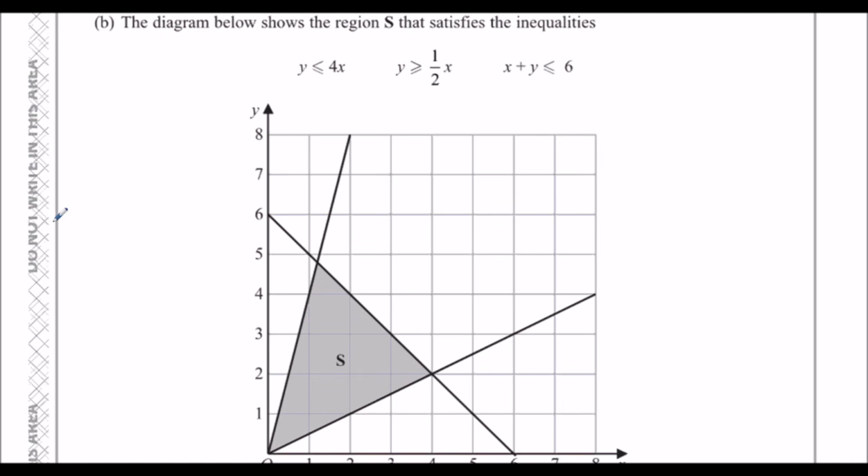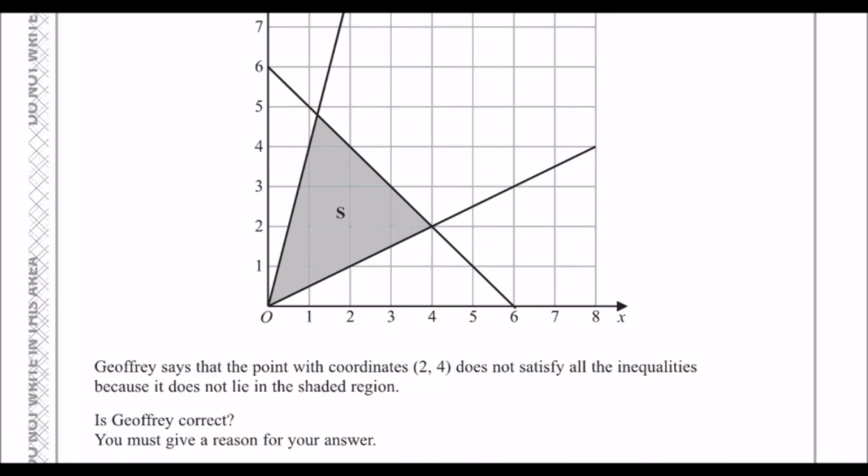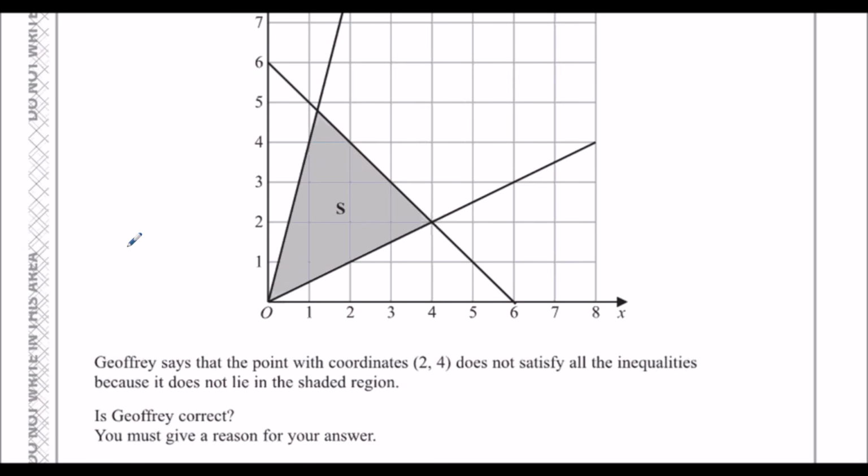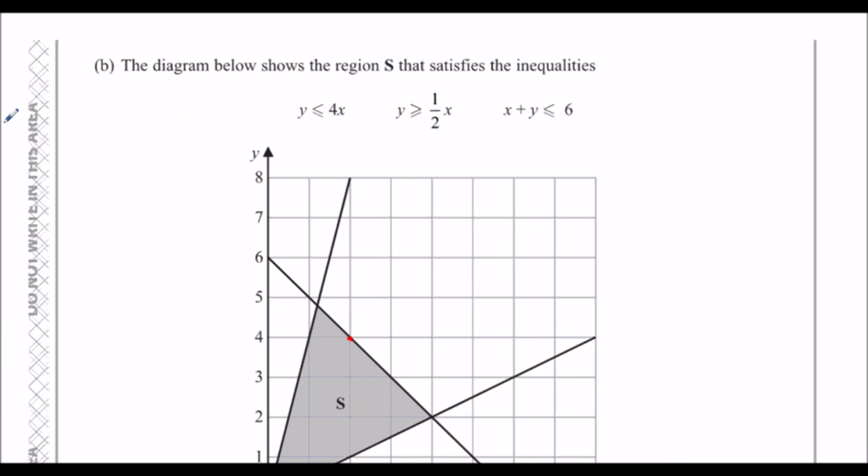Part B. So the diagram below shows the region S that satisfies these inequalities. Jeffrey says that the point with coordinates 2, 4 does not satisfy the inequalities because it does not lie in the shaded region. Is Jeffrey correct? Well, no. And that, again, because these are solid lines, it means they can equal. We can see from the inequalities they can equal. So the lines will count. And we can check